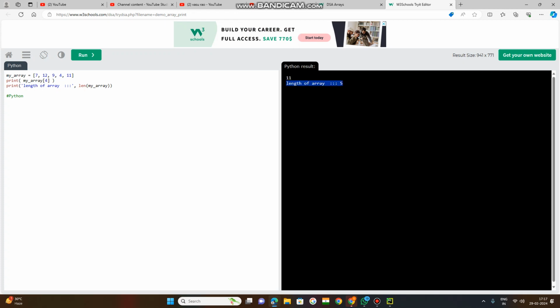So I have used the len function to know how many elements are there. If 1 lakh elements are there and I want to find out the last index, normally I have counted like here, 0,